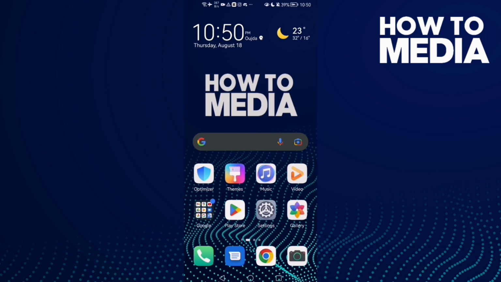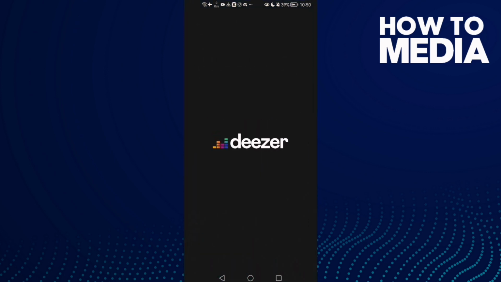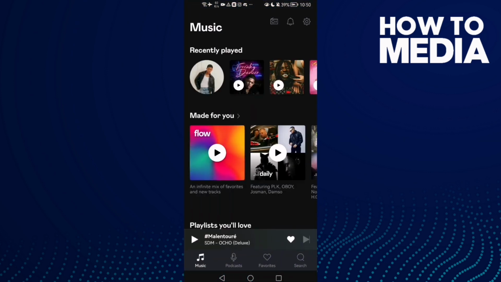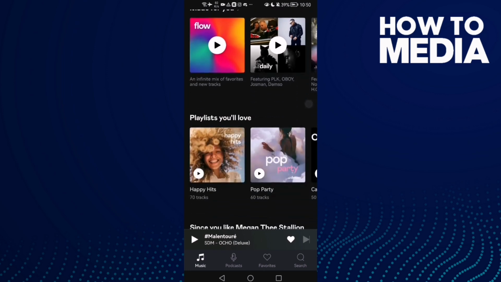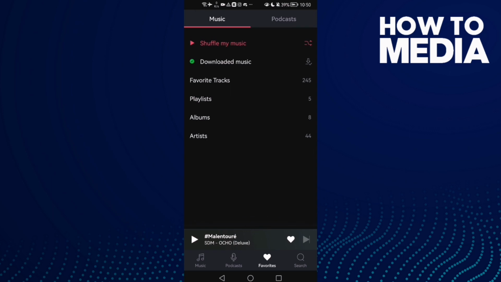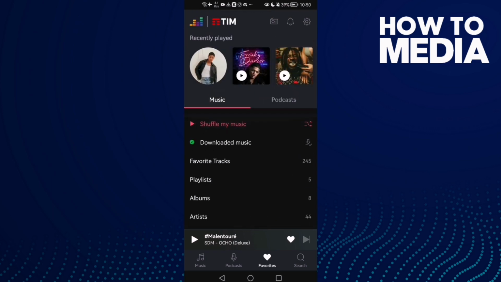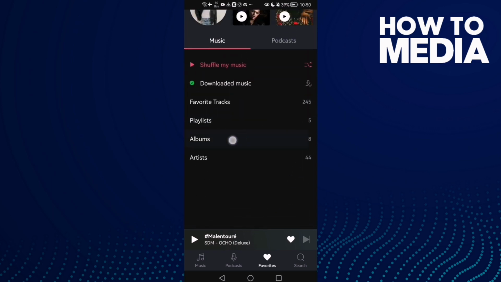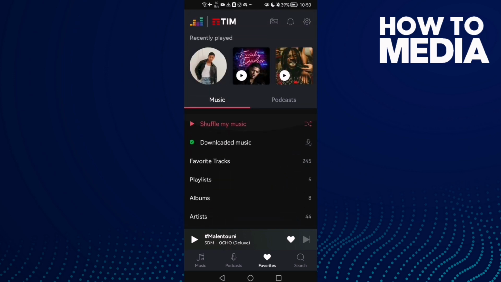First, open Deezer and here you will find this icon, this one, favorites. You will find it here in the bottom corner. Just click on it. And as you see here, you can find your favorites, playlists or albums, and that's how to